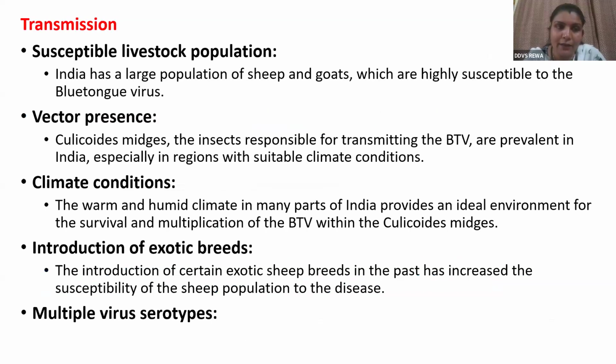The factors which help in the transmission of the disease are the availability of a susceptible livestock population, as it mostly affects crossbreds or exotic breeds. Vector presence is also important, which decides distribution. Climatic conditions like a warm and humid climate facilitate an ideal environment for the survival and multiplication of the virus in the lineages. And introduction of exotic breeds in the flock also makes it prone to the occurrence of an outbreak